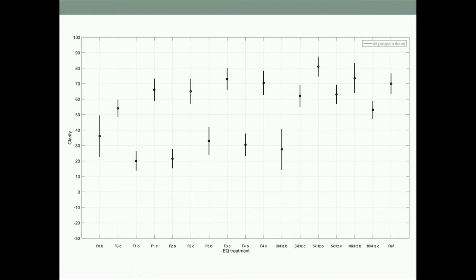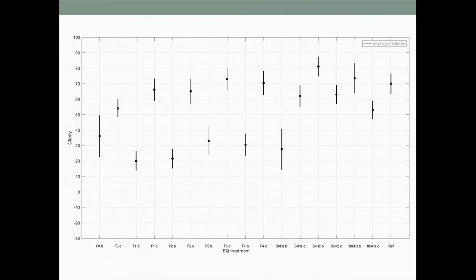At the bottom, I arranged them by harmonics. So this is the fundamental boost, fundamental cut, first harmonic boost, first harmonic cut, and from this point onwards I did it in kilohertz, because at that point the harmonics are so close together that it's pointless to do it that way. What we can see is that the boosts seem to contribute more negatively than the cuts to clarity, all the way up to this point, and then it flips around.